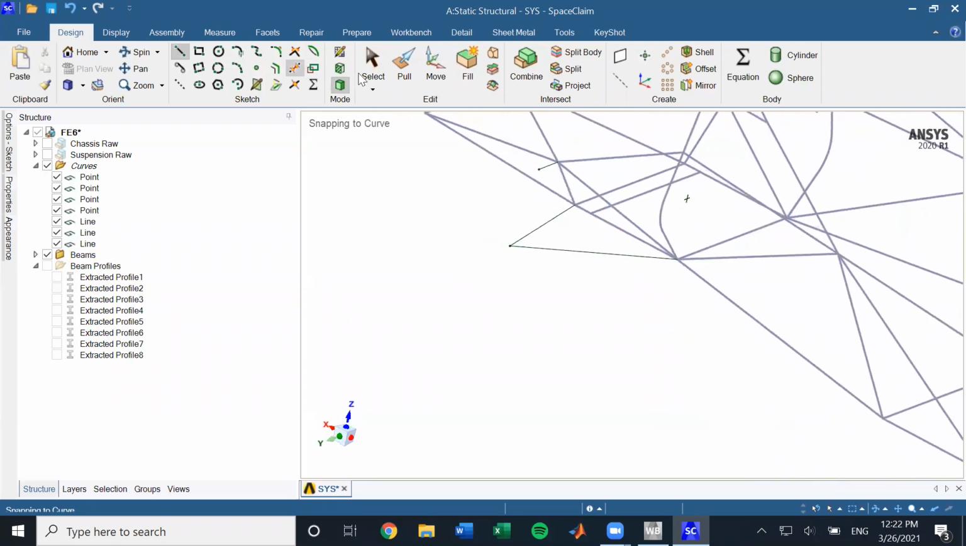And the way we're going to do that is we're going to split this curve. So just use the splitting tool, and we're going to say, okay, we want to split this curve into 2, and let's just choose the midpoint. So now we can see it's been split into 2. And now we have our node,